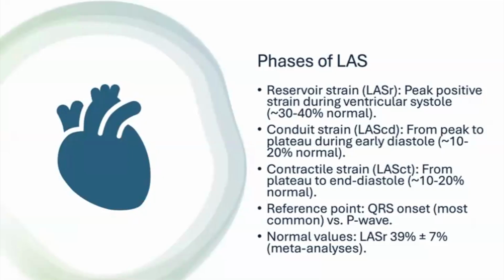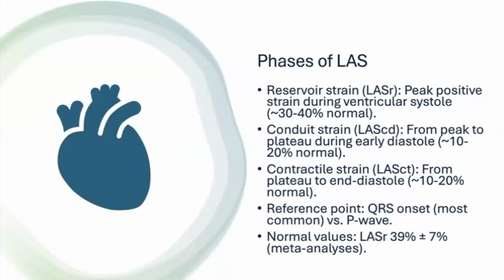To recall our understanding of left atrial biomechanics, there are three phases of strain which we use clinically. The first is reservoir strain, when the mitral valve is closed and the left atrium is filling. Typical normal values are about 30 to 40%. Then we have conduit strain, which is from the peak of the reservoir down to a plateau during early diastole